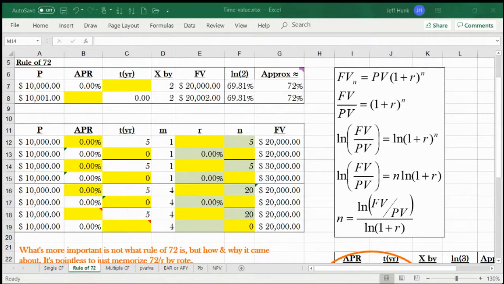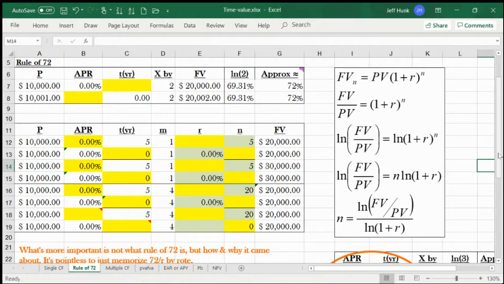But today's topic is optional. Okay, it's an optional topic. Why? Because it's about the rule of 72. And I normally don't talk about the rule of 72, but the only reason I'm talking about it is because in